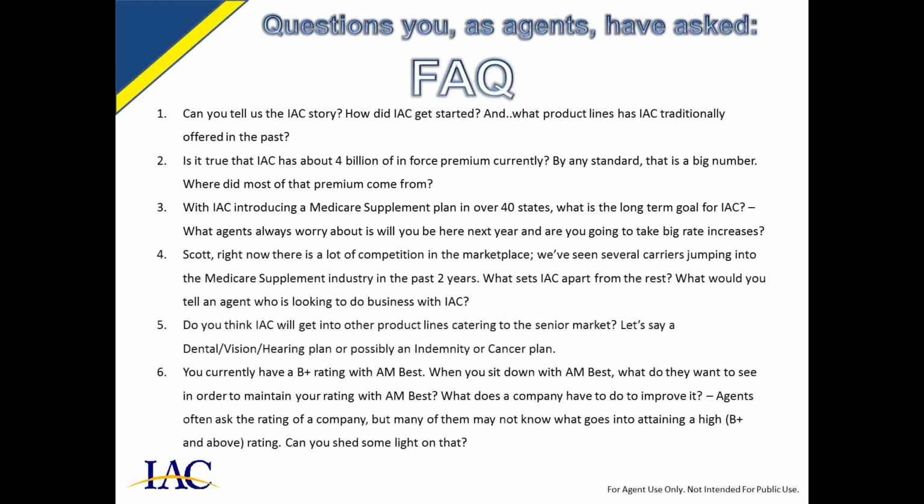It's our hope, and of course a lot of this depends upon results, that we want to be very, very measured in any rate increase that we take. We know that it's going to be to the long-term benefit of the company and long-term benefit to distributors to be measured about it, and that's our plan. And that's another reason why we're really teaming up with some very experienced partners from an administration standpoint, from a reinsurance standpoint, and a distribution standpoint, because we know that it takes experience and it takes a lot of good sense about the market, and we've really been